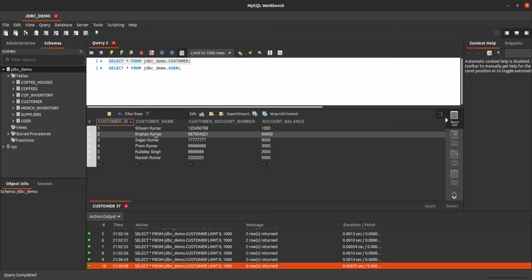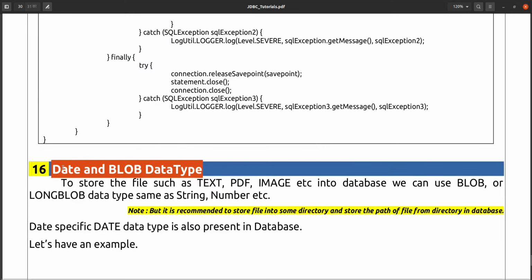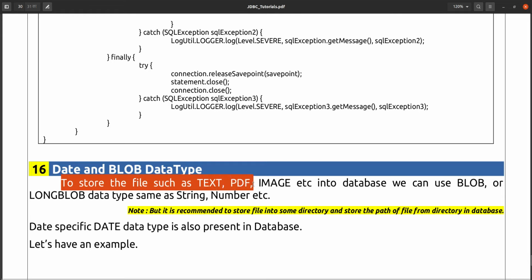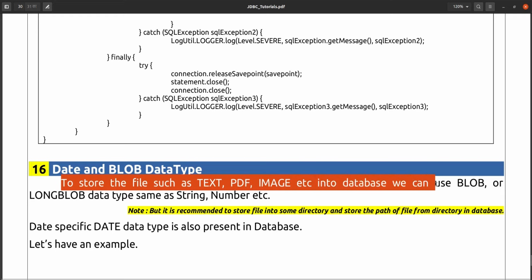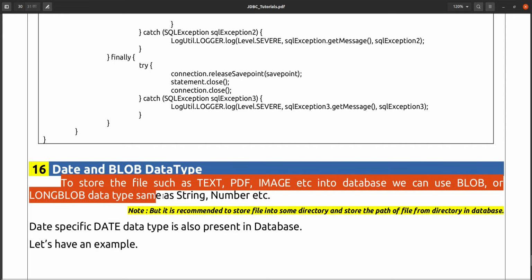So these types you can store, but two other types of data are also available: date and blob data type. So what is date and blob? To store a file such as text, PDF, image, etc. into the database, we can use blob or long blob data type, same as string, number, etc.